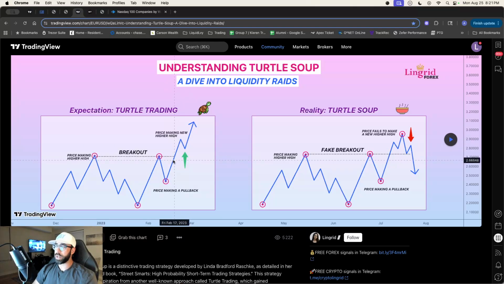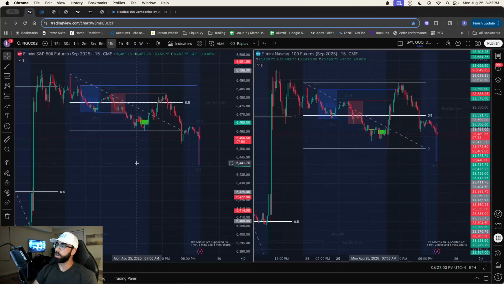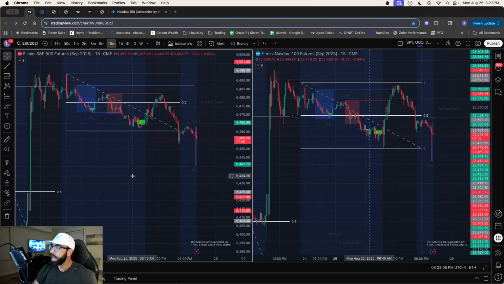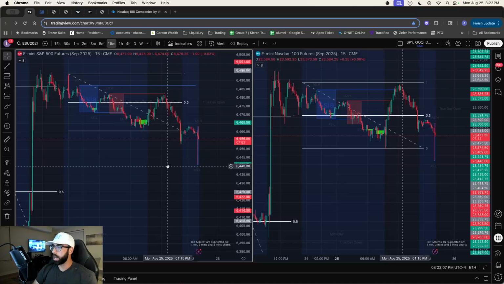Your turtle traders are going to go long here, but all it is is the generated liquidity to form the reversal and create the dump, the reversal down. Everyone gets liquidated who's trying to go long here. Because when your stop loss is hit, you're essentially buying back your position. You're giving that money back to the market. And so that's allowing for it to get filled, as well as many other traders, to allow the institution to then short, because they've created the false pump. Everyone was in a long. Okay, that's very high level what's going on.